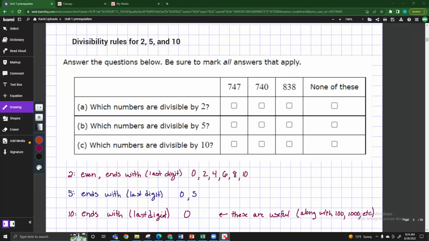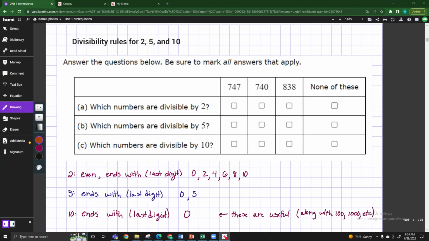All right, divisibility rules for 2, 5, and 10. We're going to be looking at a lot of different divisibility rules because we are going to be doing factoring later on, and that will use our multiples and divisibility rules to make life a lot easier. So it's dealing with multiples and divisibility rules, and our general rules are if it's 2, we're looking for those